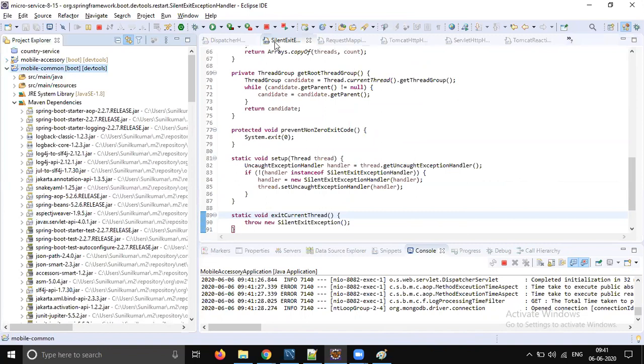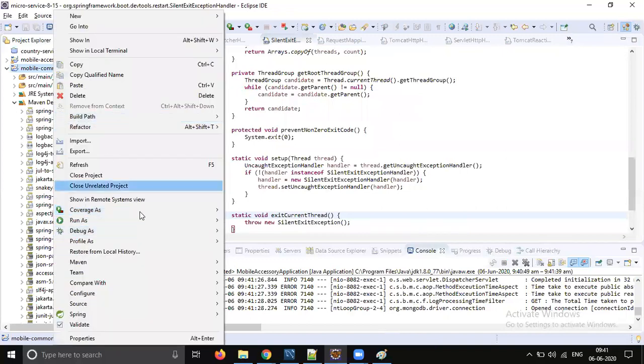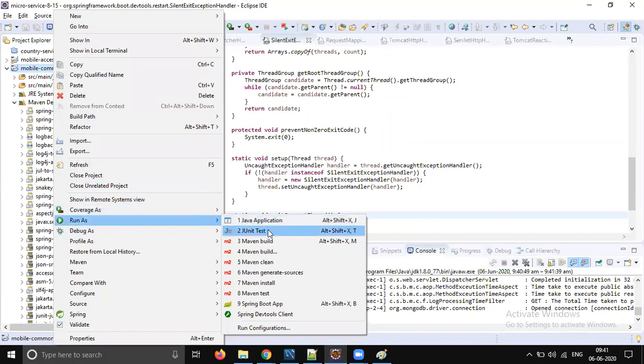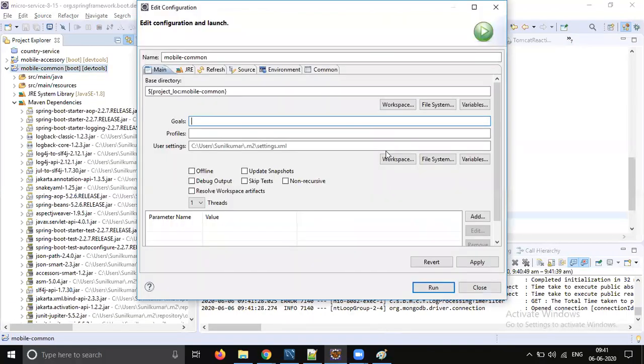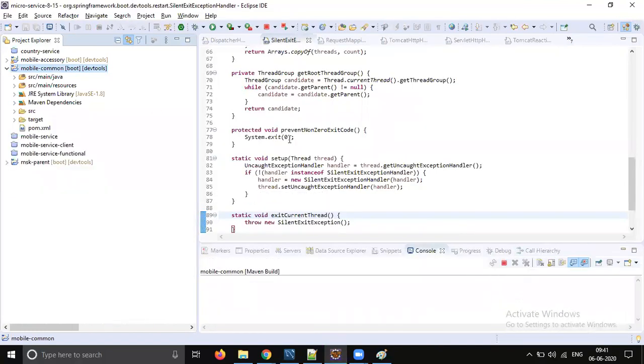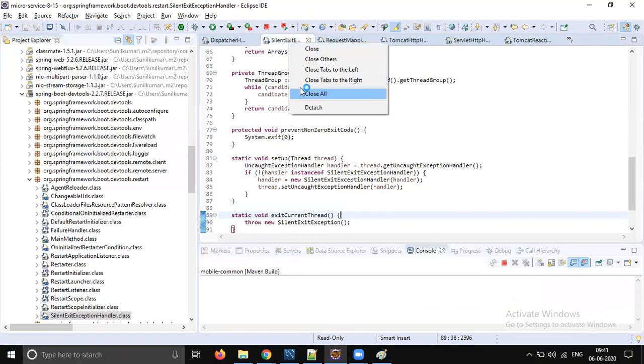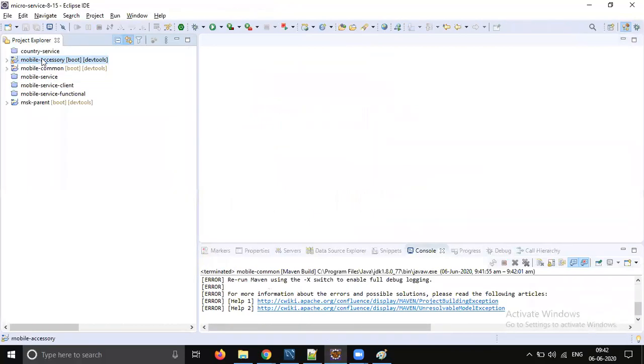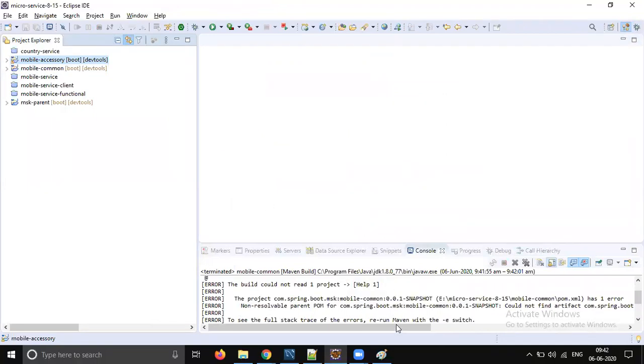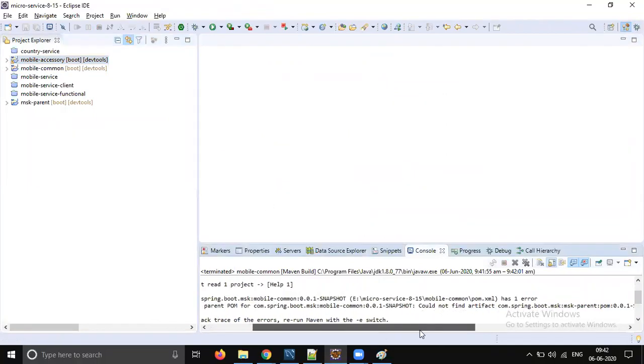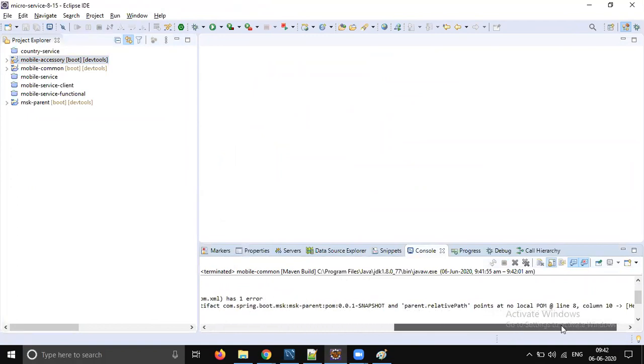What we will do, we will do a Maven clean install. Okay, let's generate a common project. Okay, Maven jar. We close that project also. No, Sunil, I think the project is open. That is why it is going there. So, no, we didn't build it, right? So it will throw error only. MSK mobile form.xml parent.